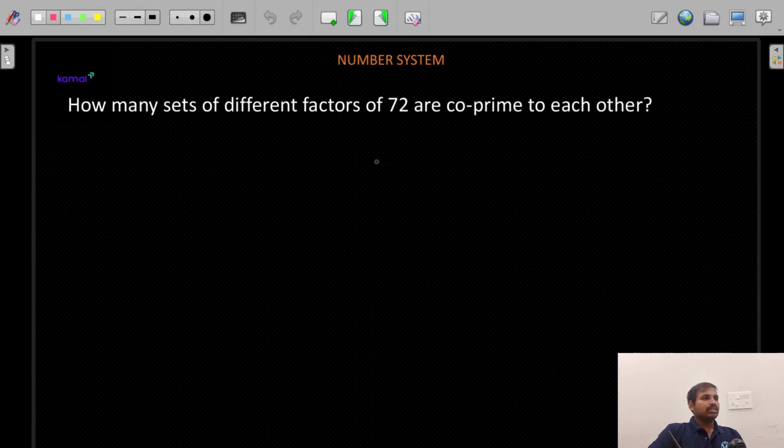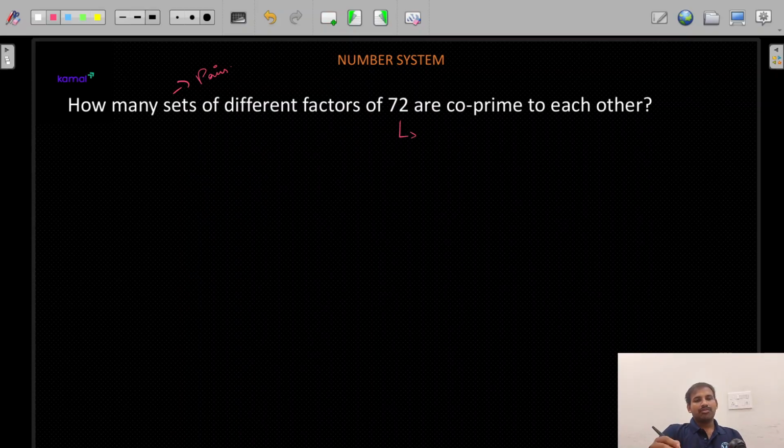How many sets of different factors of 72 are co-prime to each other? Always remember, sets means pairs. How many pairs of factors of 72 are co-prime to each other? What is co-prime? If the highest common factor of two numbers is 1, I can say these two numbers are co-prime, which means